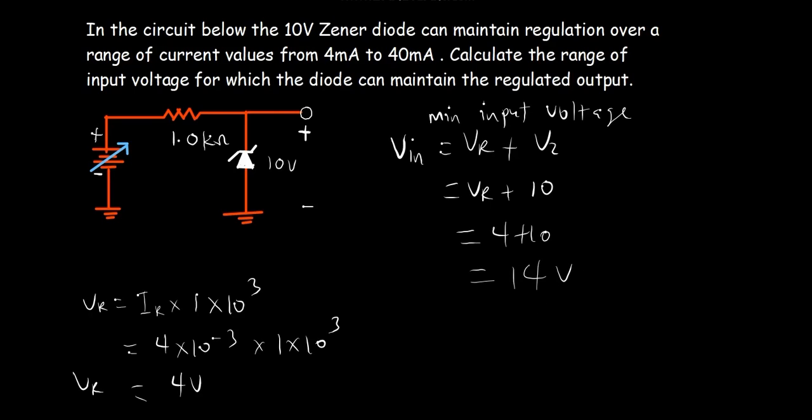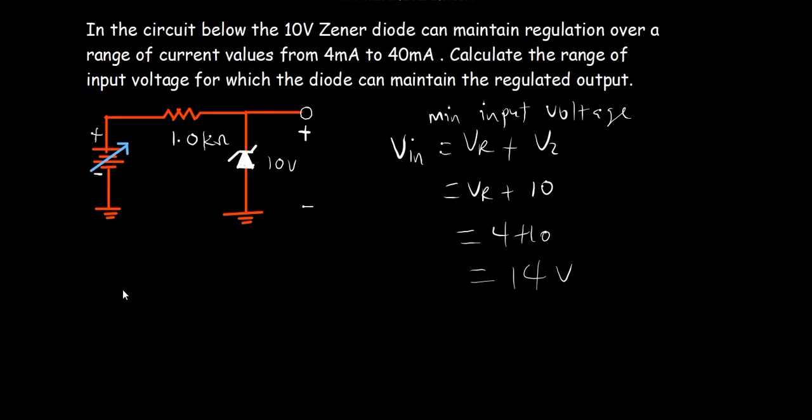Now that you know the minimum input voltage, we used the minimum current flowing through the Zener diode to solve for the voltage in the resistor. So we are going to use the maximum current to solve for the voltage in the resistor, then add it to VZ, and that will help us to find the maximum input voltage. Okay, so let's do that also. So for the maximum input voltage,